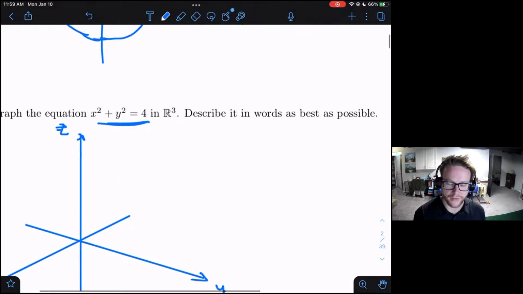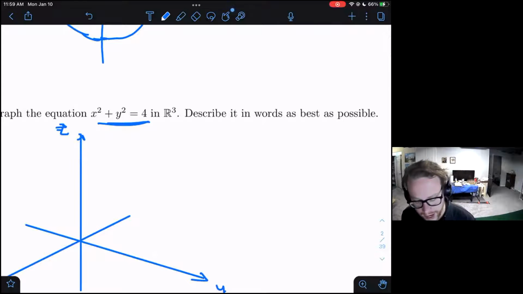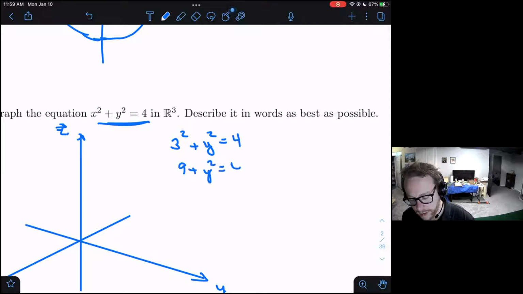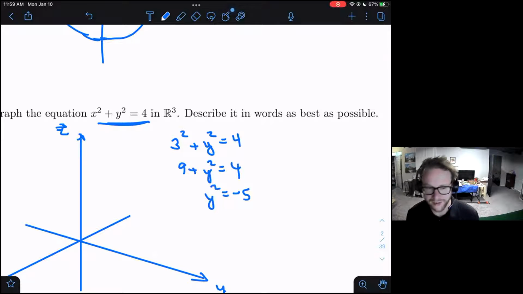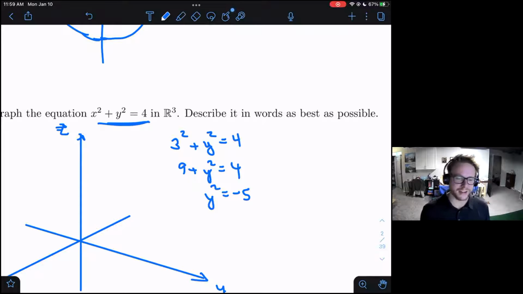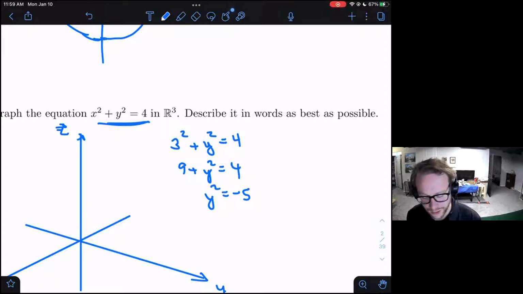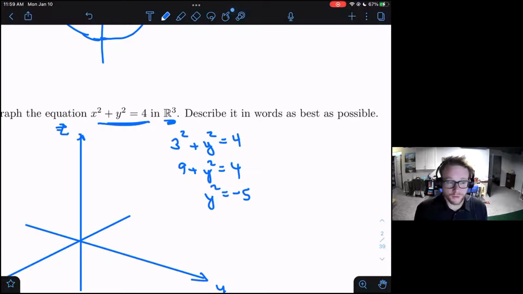For instance, you could never have an X value of 3. If you have an X value of 3, then you'd have 3 squared plus y squared equal to 4. This would give us 9 plus y squared equal to 4, or y squared equal to -5. Now you'd have to take the square root of a negative, which means you have a complex number. And thank goodness we're not doing complex calculus. Complex calculus certainly exists. It's math 421, I believe. And by all means, you're invited to go and take that class. But we are just doing real valued calculus. We're sticking with the real numbers here. And so x could never be equal to 3. It has this restriction on it.